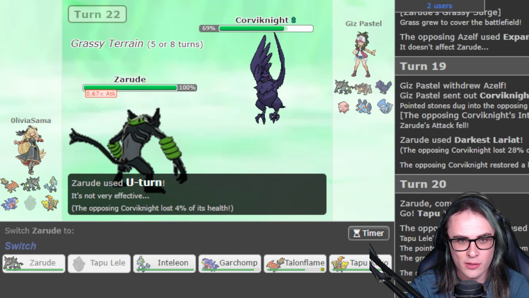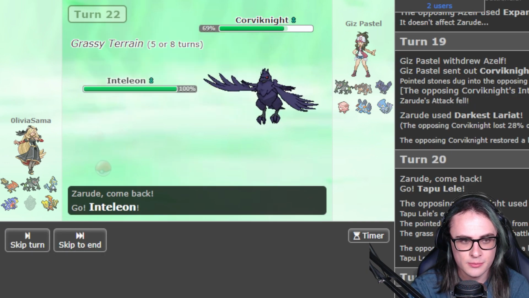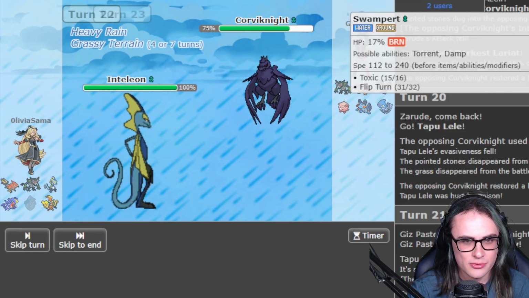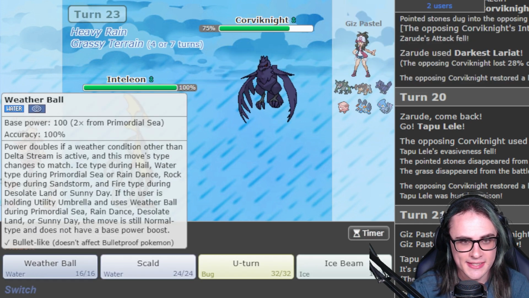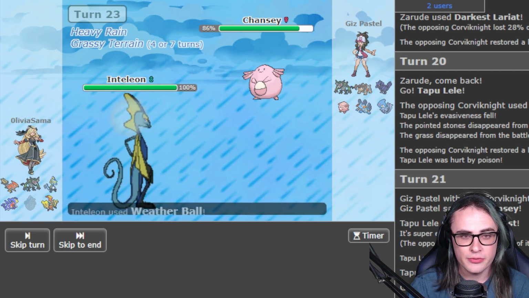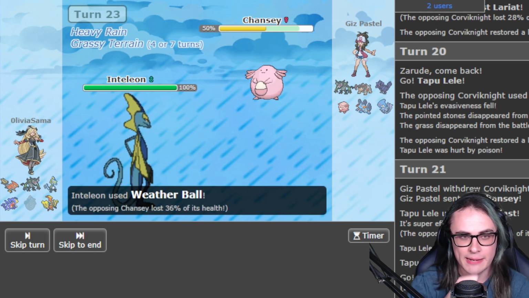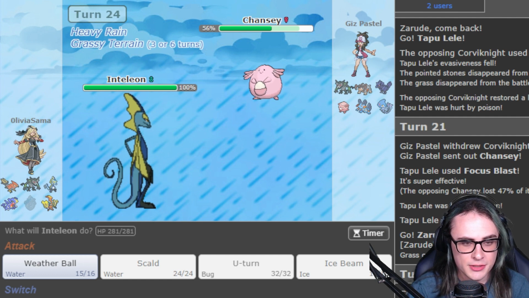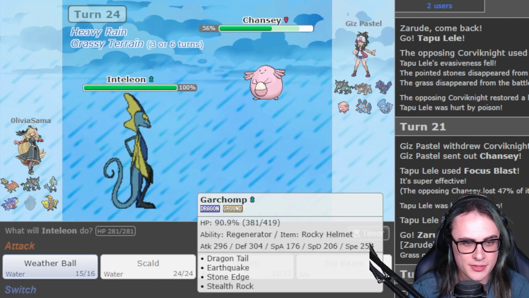And now they need to find a Weather Ball switch-in, is their issue. So this Weather Ball should be amazing. They don't really have a good switch into that, because even Zarude should take a good 60, and that still also risks U-turn, which is a good amount of damage. So Regen Chansey. Oh my god, I thought I couldn't stack multiple of the same ability. Okay, so from here, I'm going to go into...